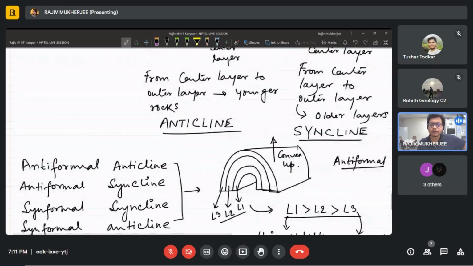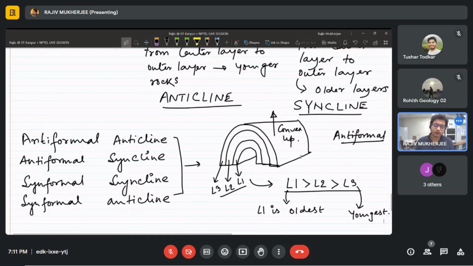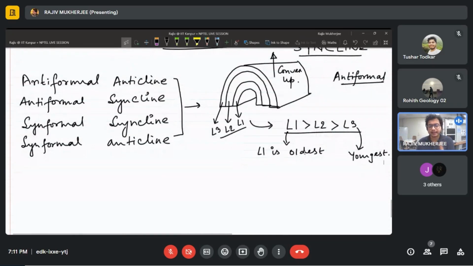So according to our definition, from center to the outer layers the age is sequentially decreasing. That means the older layers are in the center and the outer layers are much younger, and therefore this is an anticline,